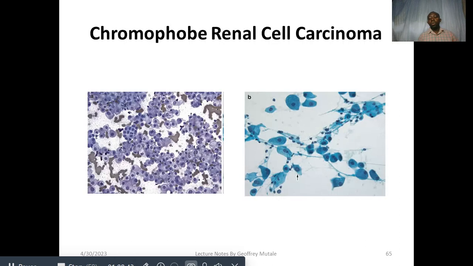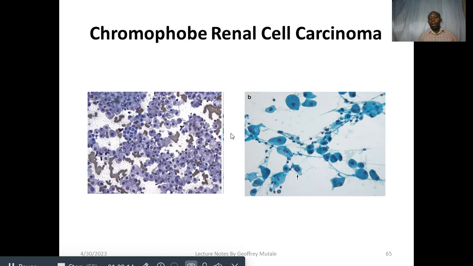So we have images in reference to all what we have talked about as regards the chromophobe carcinoma. And to be direct here on this image where I'm putting the cursor, we can really appreciate the perinuclear halo, which is appearing like koilocytes, but actually these are not koilocytes, and which is a key feature in diagnosis